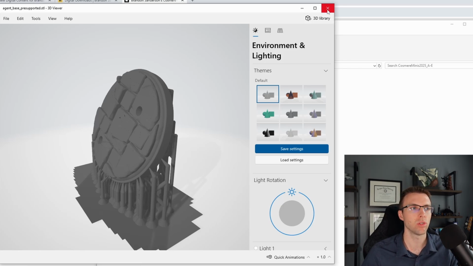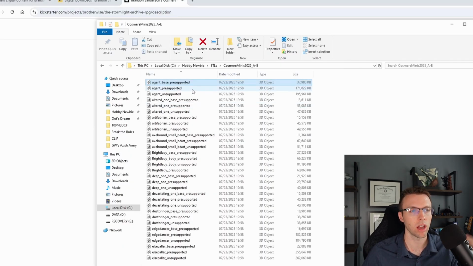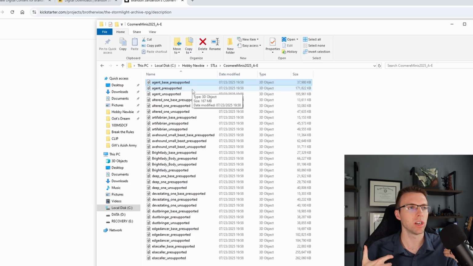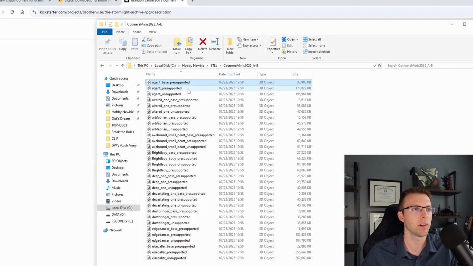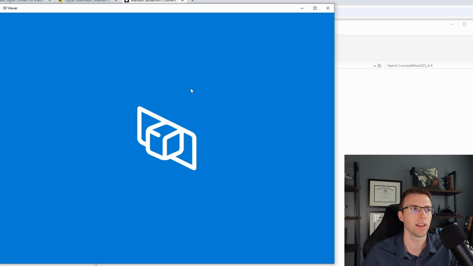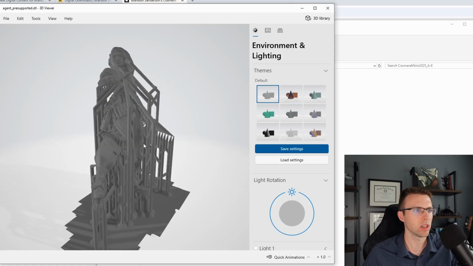This was a huge thing for the community and the Stormlight miniatures, is that trying to paint the miniature when it already had the base on it is pretty difficult at times. And so having them separate is fantastic. So here's the agent